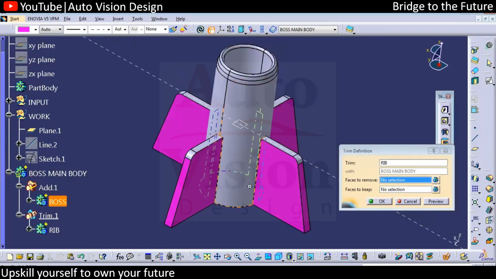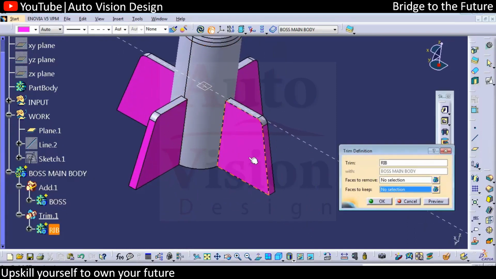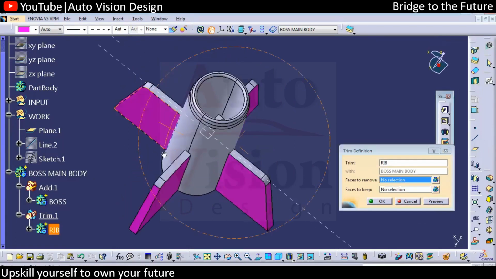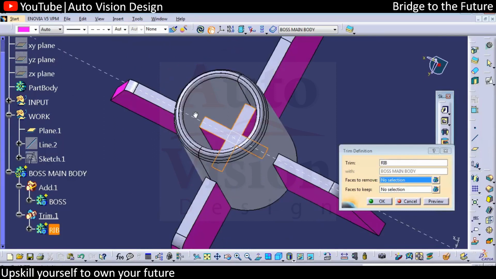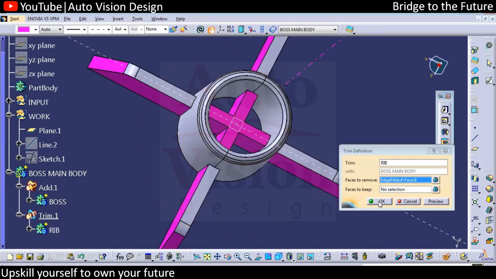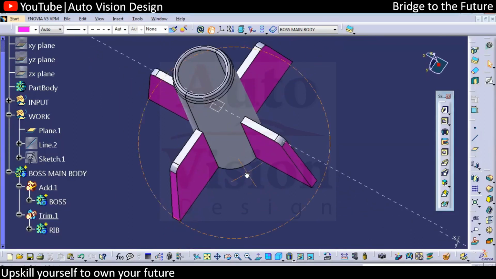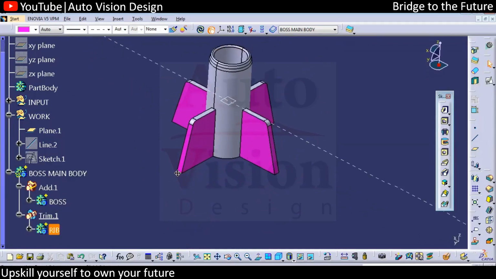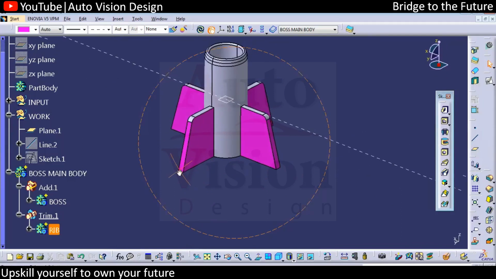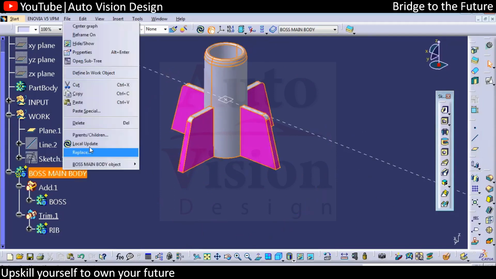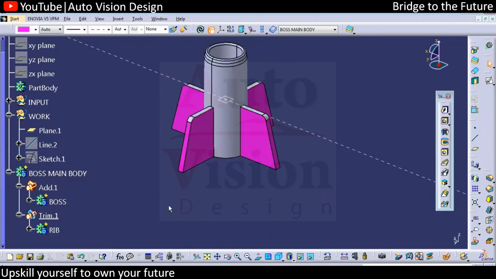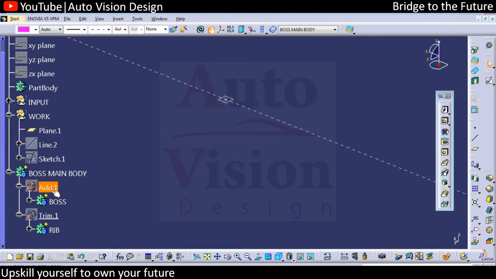So you can directly do the union trim and you can select keep or remove. So here if you want to select keep, you need to select 1, 2, 3, 4. But here if you just select remove, in one shot it will get deleted. So this is something like it will get removed within one selection. So you need to act sometimes very smartly on how it's going to work. So depending upon that you need to select. So now in this case